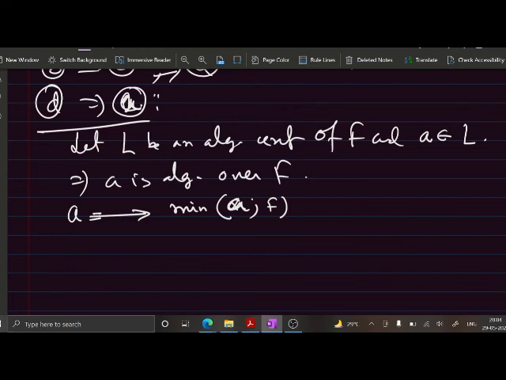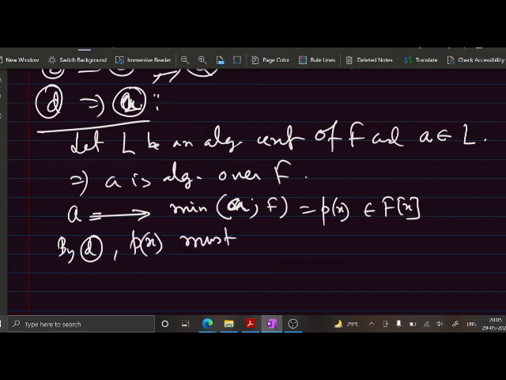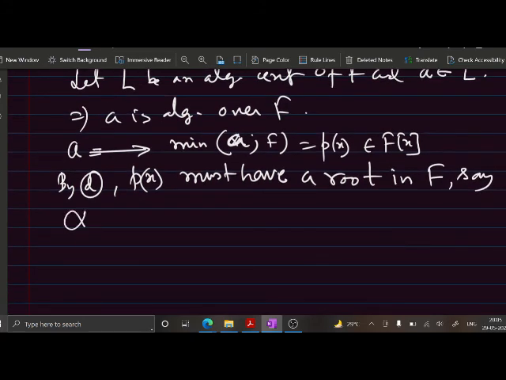পারবে তো? ধরে নাও সেটা হচ্ছে p(x), so p(x) over F[x], so it is the minimal polynomial of a over F. ঠিক আছে? এখন যেহেতু by D, so p(x) must have a root, কোথায় থাকবে? in F. সে তুমি একটা কিছু ধরে নাও আলফা, একটা রুট আছে ধরে নাও।